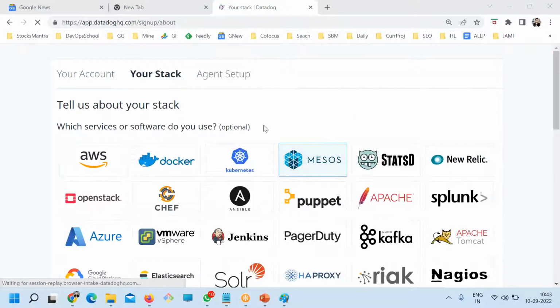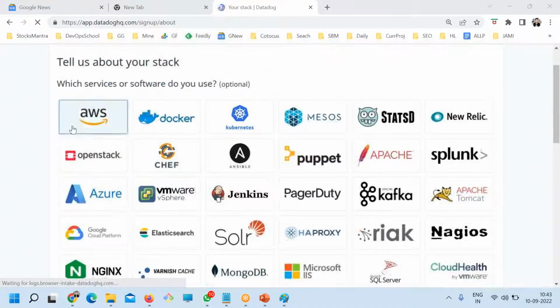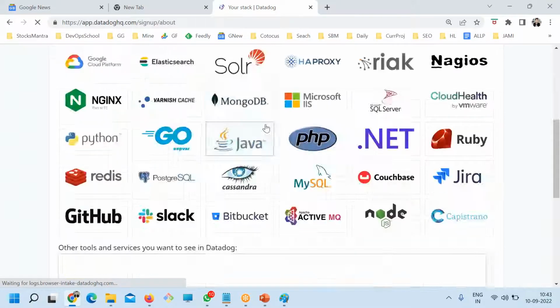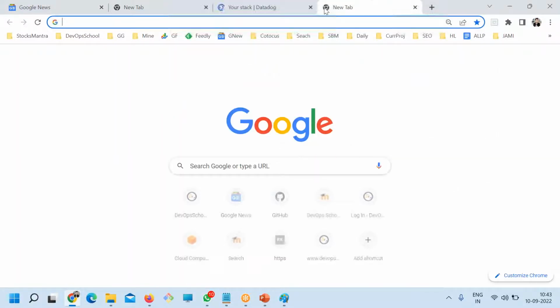Once you register, anyone can register, there's no problem. You may select what you want to monitor. So AWS, Docker. It is still loading, just wait for it.